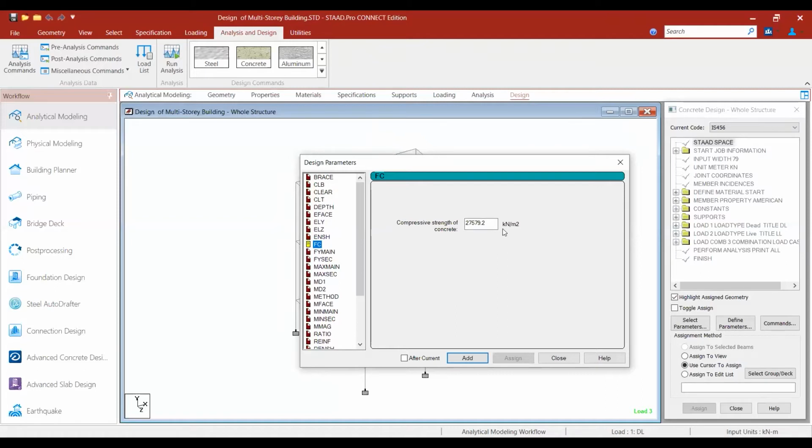But here it is kilonewton per meter square, so you have to convert 20 Newton per mm square into kilonewton per meter square. It will be 20,000 kilonewton per meter square. So you add it: compressive strength of concrete 20,000.